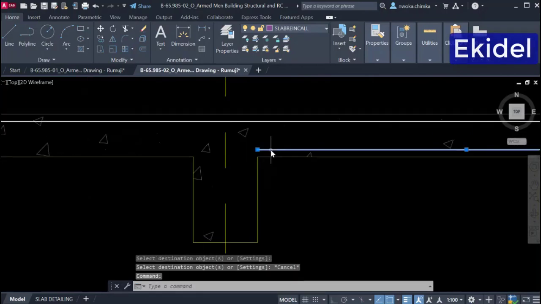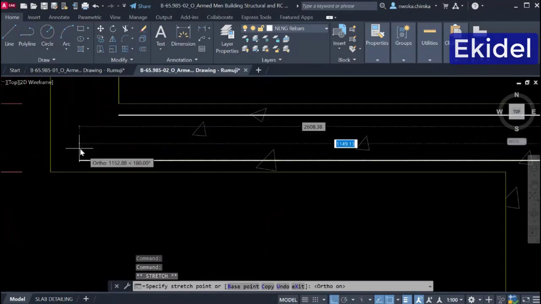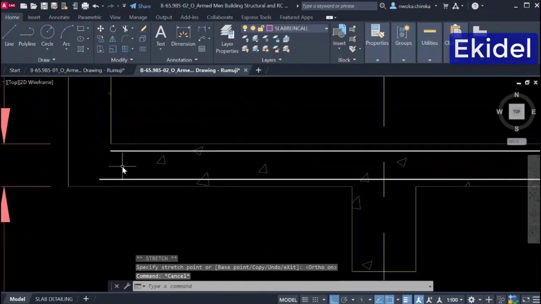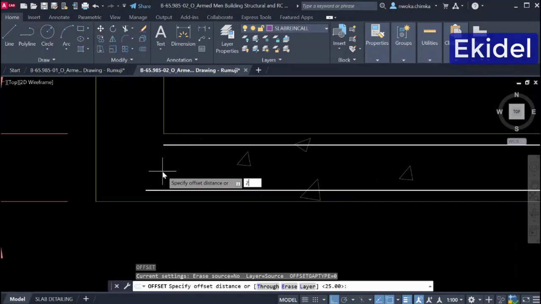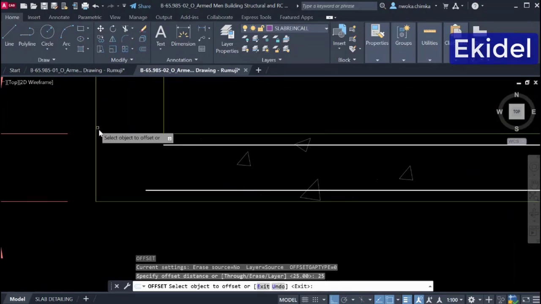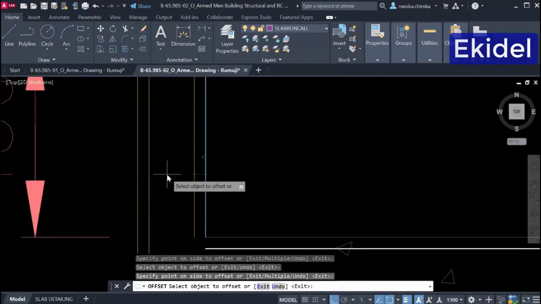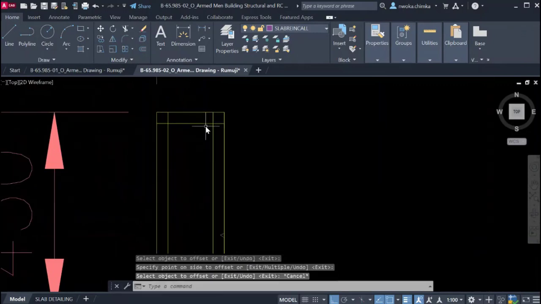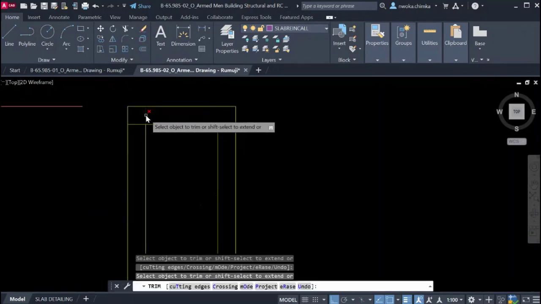So I'll quickly just extend this, picking up from here and on my snap, then stretch this out. Now you can see what we have achieved just here. So I'll also again offset 25 millimeter, which is the concrete cover for this parapet, and also on this area too, and then also on top of this place too. And then I will just trim off this place because we don't need this extension, and